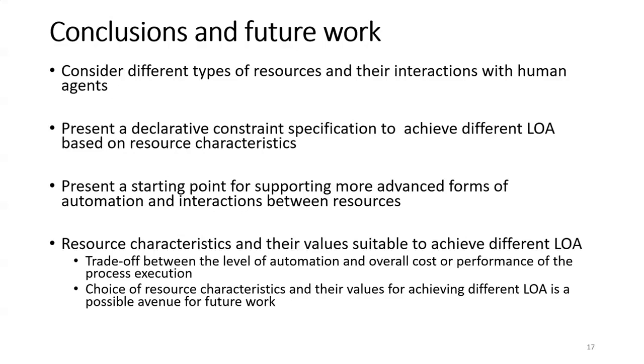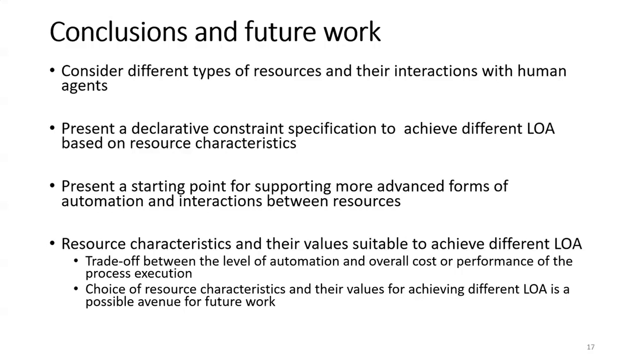Now, these resource characteristics and their values suitable to achieve different levels of automation can be configured. And this leads to a trade-off between the level of automation that you can achieve and the overall cost and performance of process execution. If we set the threshold very high,